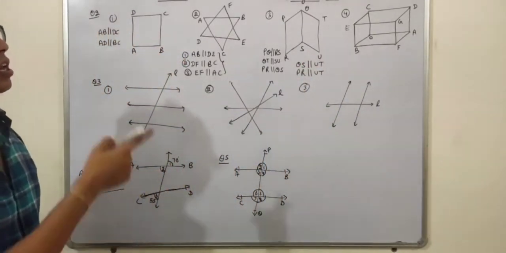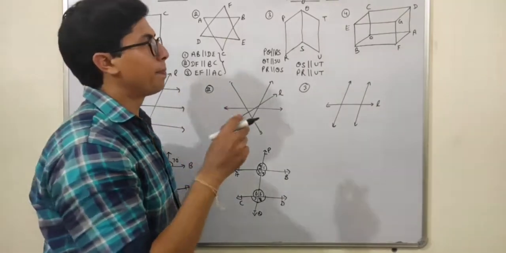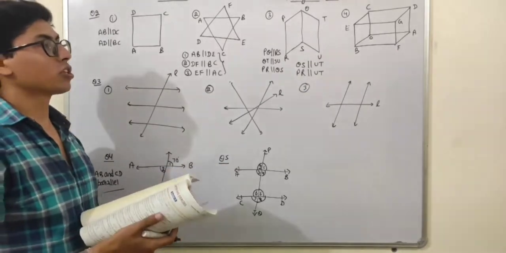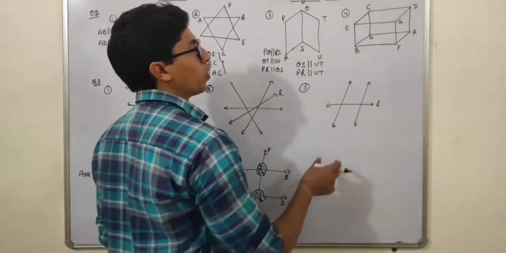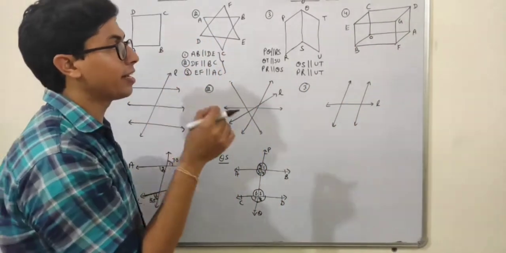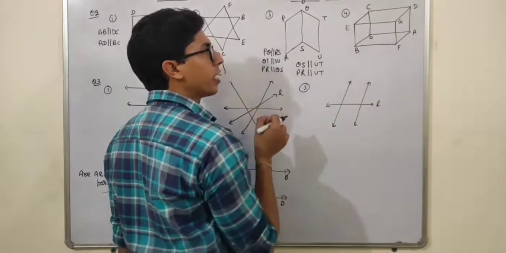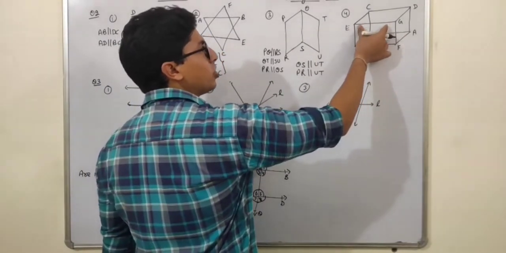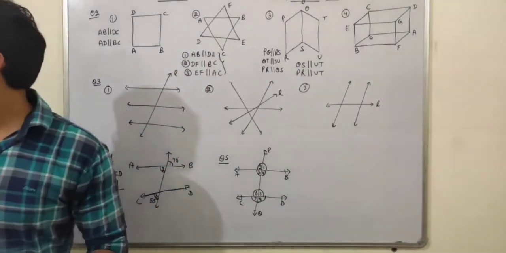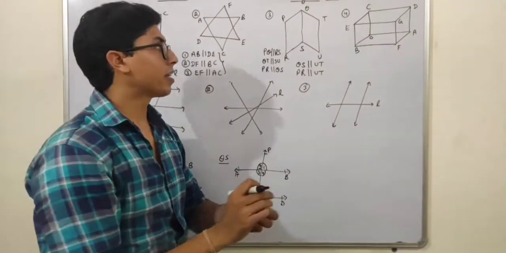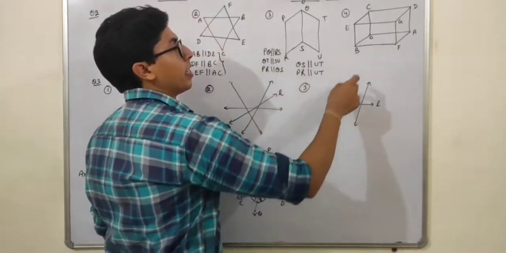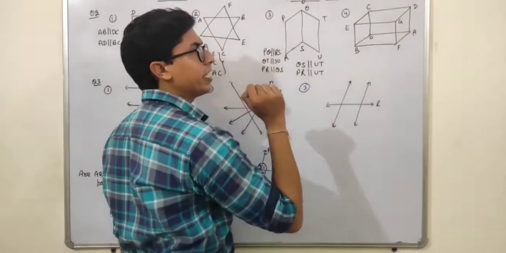Okay, students. Now in the 4th part, this is a cuboid, students. So this will be parallel to this. Just write it down yourself, students. I'm just mentioning that BF is parallel to OA. EG is parallel to CD. First is the C, students. I have to take C. This FB is parallel to AO. This EG is parallel to CD.